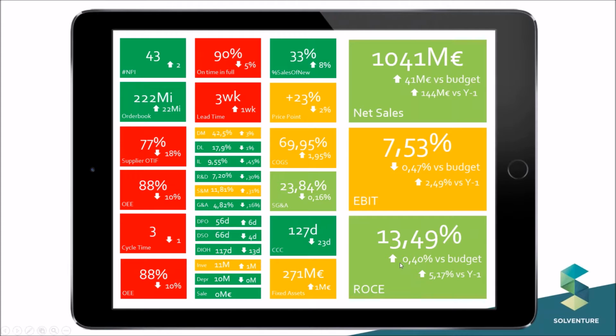And how come that ROCE is still good? Well, you can see here that the cash conversion cycle is 23 days below the target of 150. And that really has to do with the fact that we worked on reducing inventories. We worked on decreasing the days of sales outstanding, and we worked on increasing the days of payables outstanding. So we did an excellent job here in reducing the working capital. So despite the fact that the EBIT is a bit below target, the good news is that we are quite ahead of schedule when it comes to working capital reduction, and that gives a very good result for the return